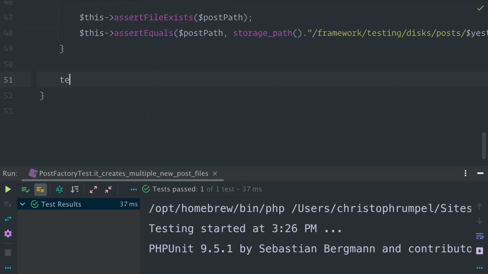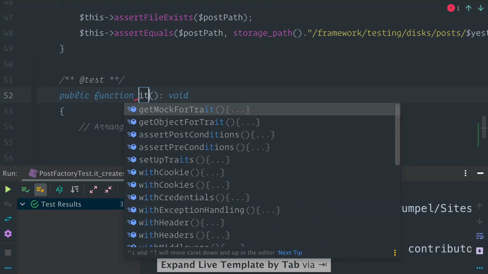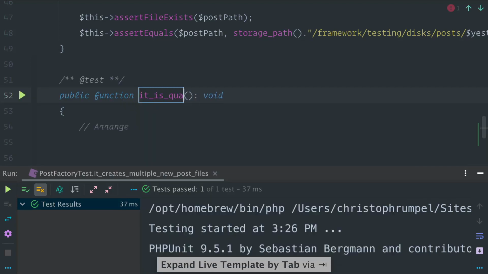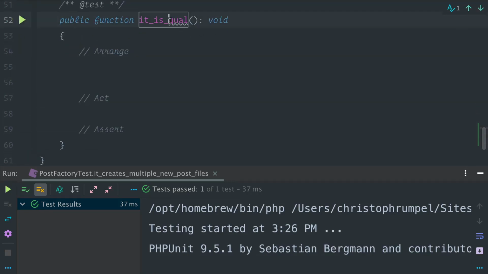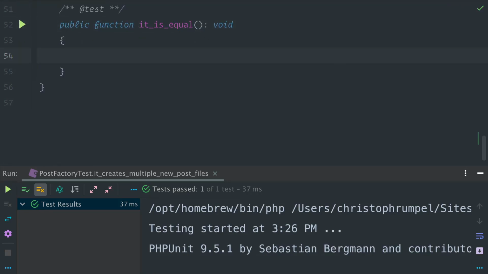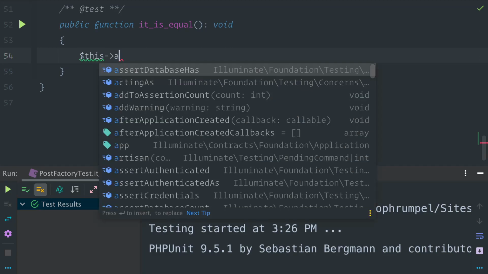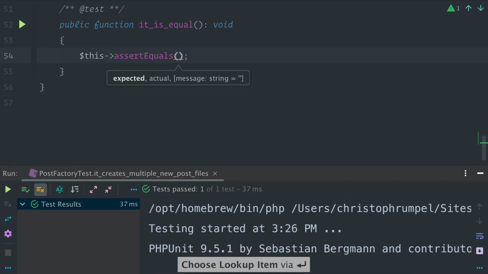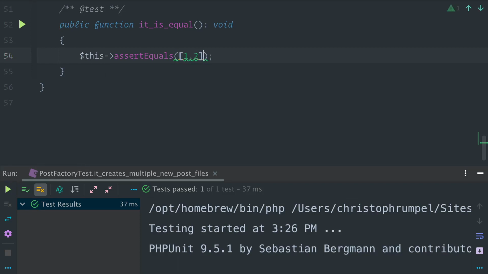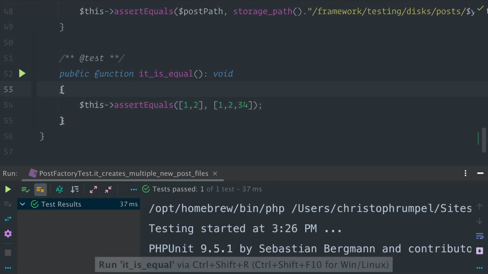So let's create a new test here, and let's call it is equal, and let's make an assertion. This assert equals. Now let's say we have an array. Let's say we have here 1, 2, and the other one would be 1, 2, 3, 34, for example. And if we run this now,